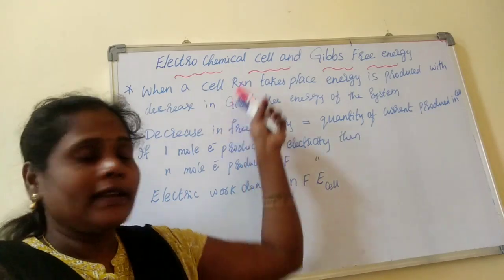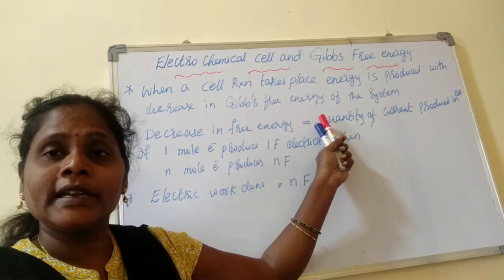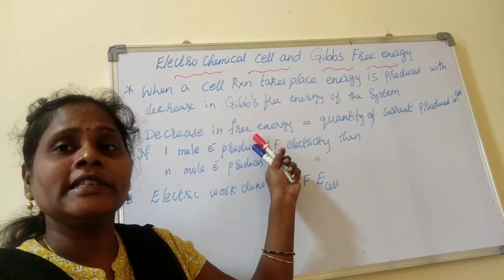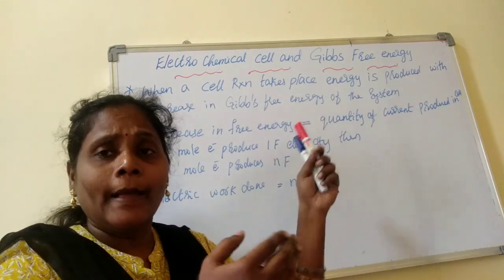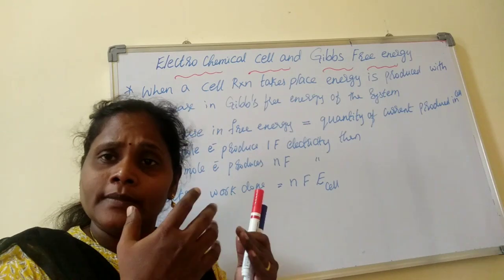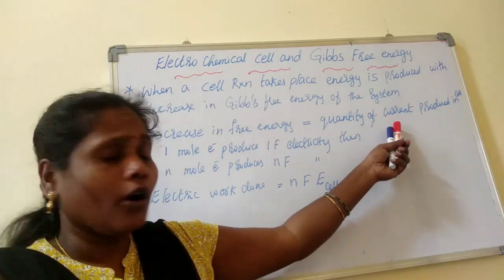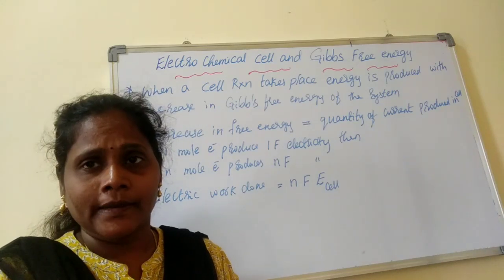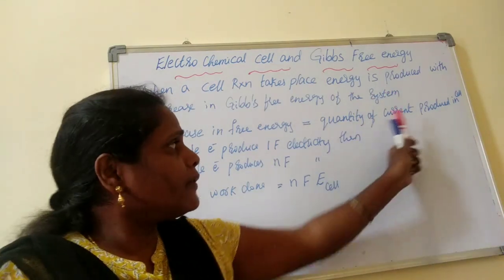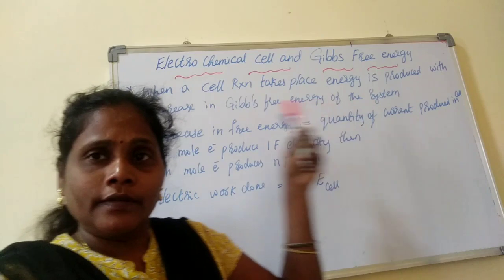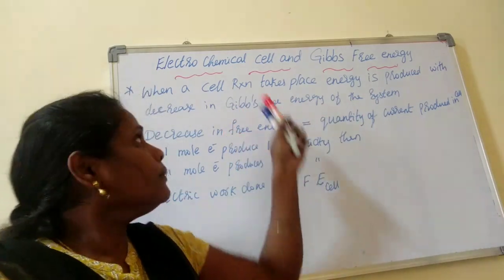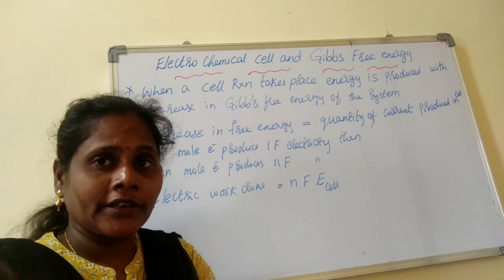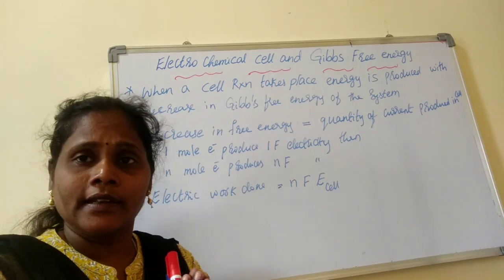So I am saying that here the first statement and second statement are both the same. Just I have written it as an equation. The amount of decrease in free energy is equal to the amount of power generated. Power is nothing but energy, or quantity of energy, current generated in the EMF of the cell. Right? This part we have just completed. We know it. We are just collecting it, because we are establishing the correlation between Gibbs free energy and our electrochemical cell. Right?